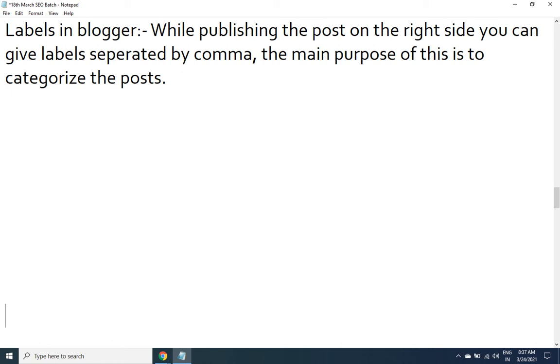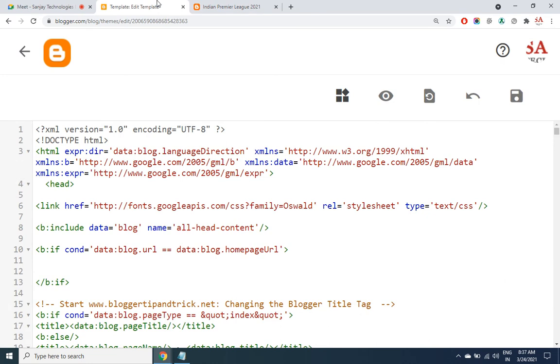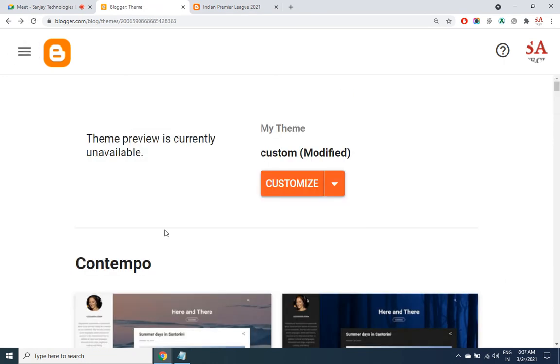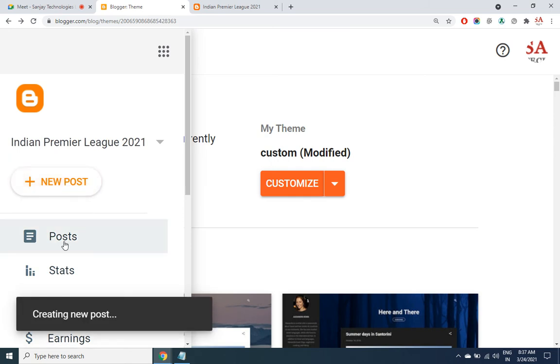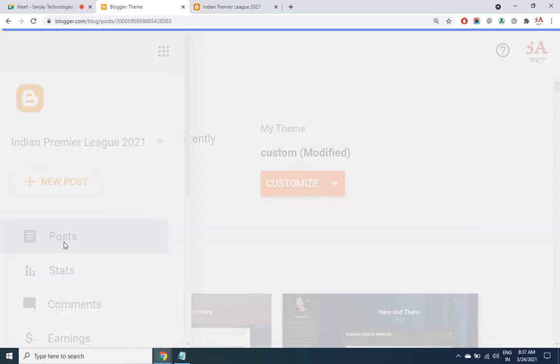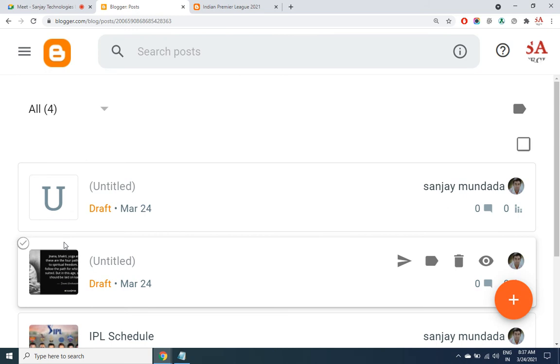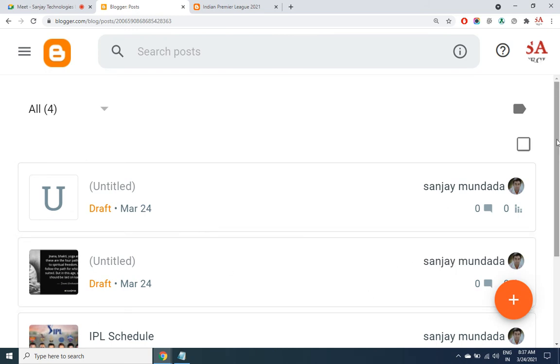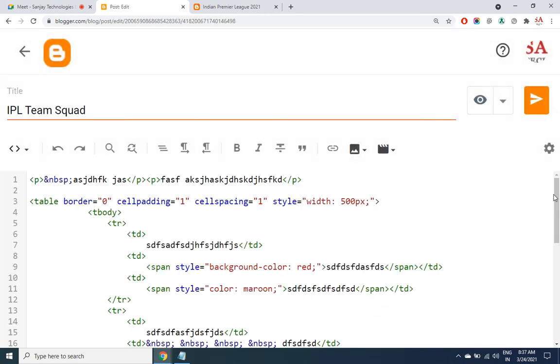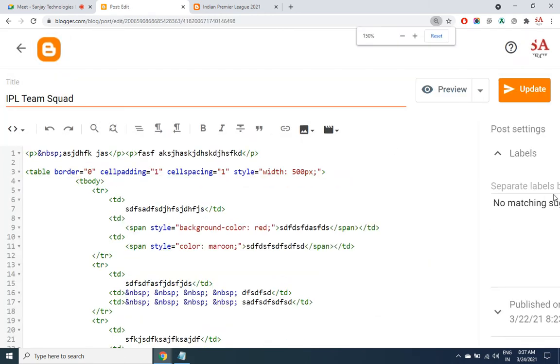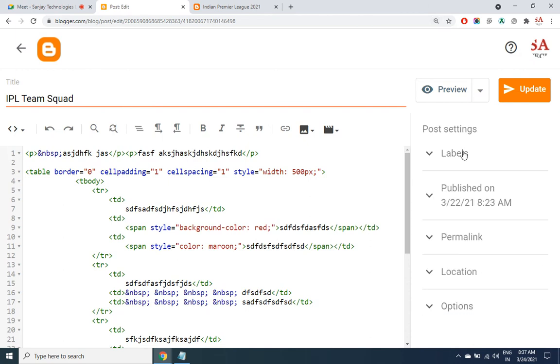Alright, so let's see how labels work. I told you that while you are publishing the post, on the right side, you have got labels.